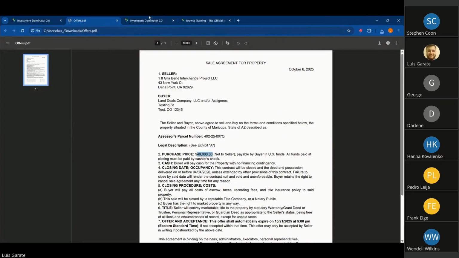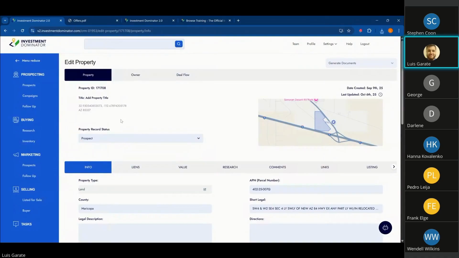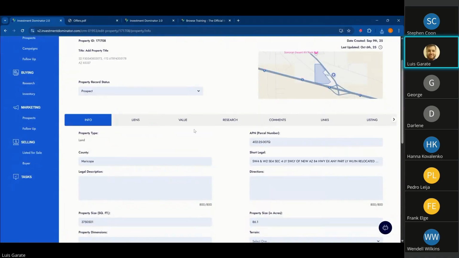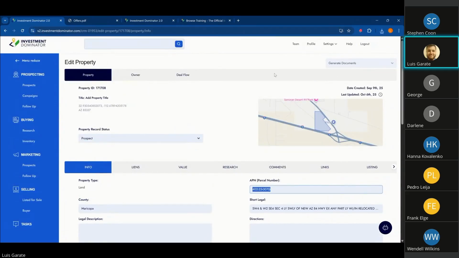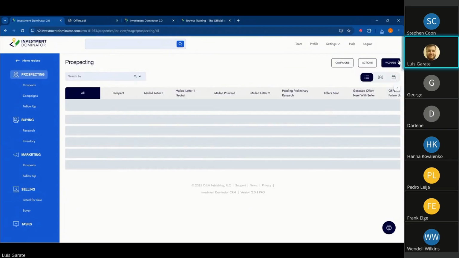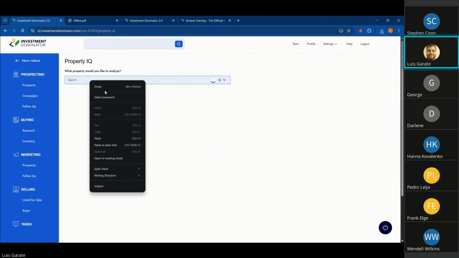right? And the other thing you can do is you can do the property IQ. So this is the new AI thing that everyone is so excited about, right? Everyone is really excited to use the property IQ. I will copy the APN here, and hopefully it will work. Sometimes there are issues with the way the APN is typed, right? So you see how sometimes it doesn't have dashes. What I want to do is go to wizards and then property IQ. And then I need to look up this APN,